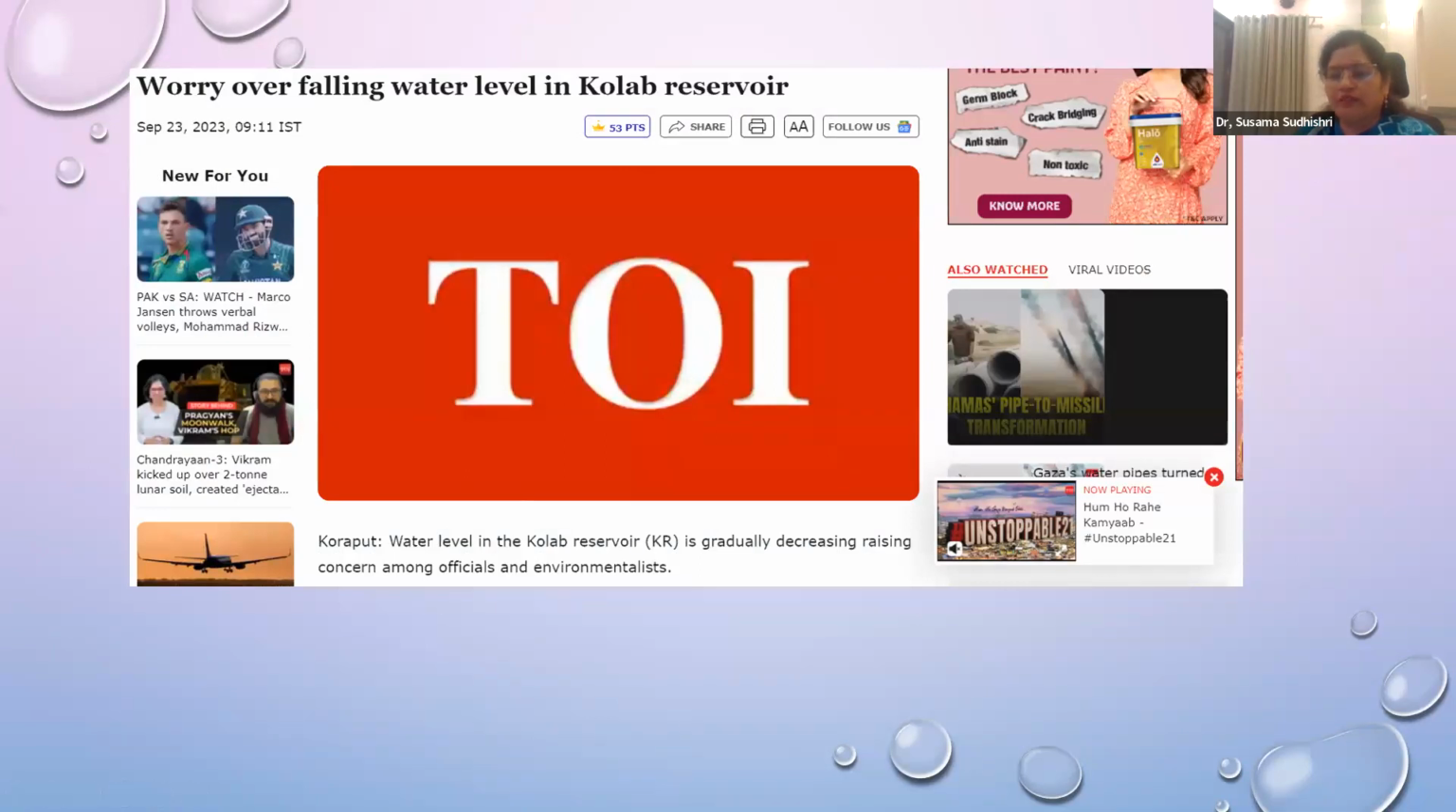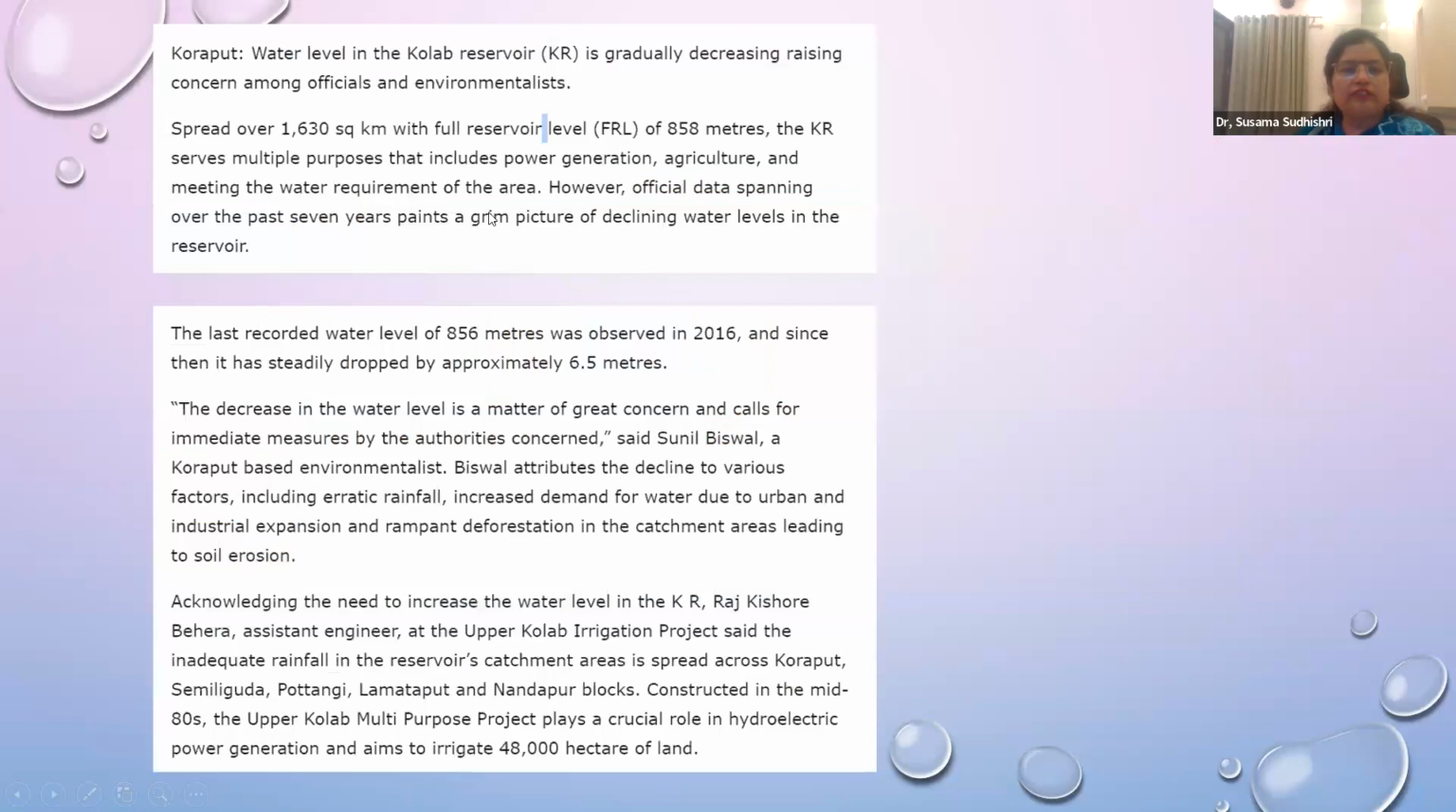So what may be the reason? There are two reasons. What are the reasons? One is a decrease in rainfall, and another is sedimentation. So these are the two problems due to which the water level in the Kolab Reservoir is decreasing. This has been published in the Times of India, September 23rd, 2023, just recently. Now you can see earlier how much